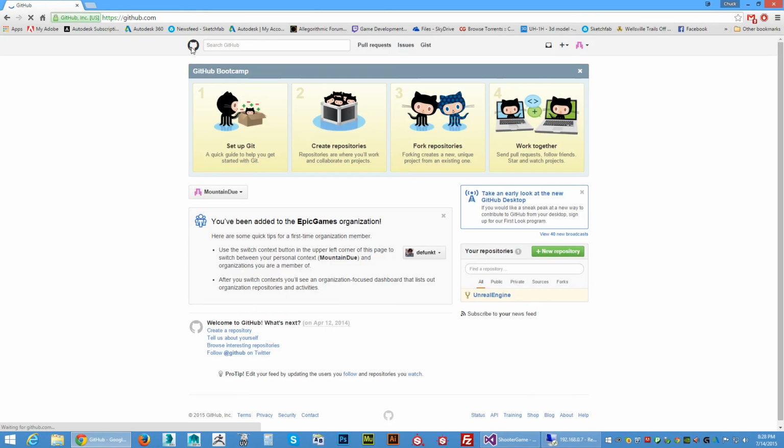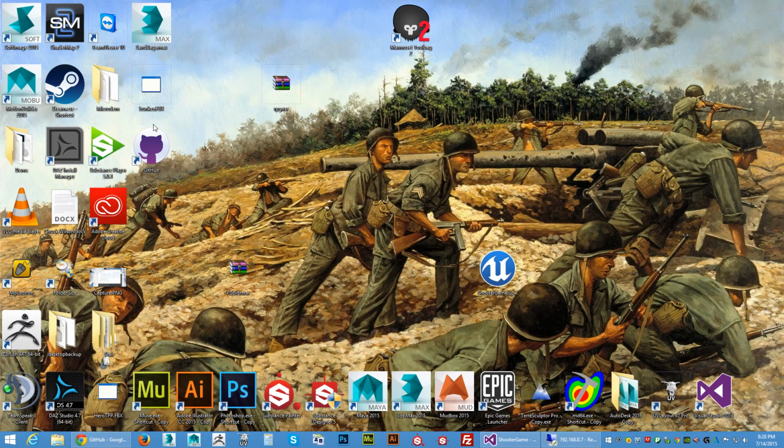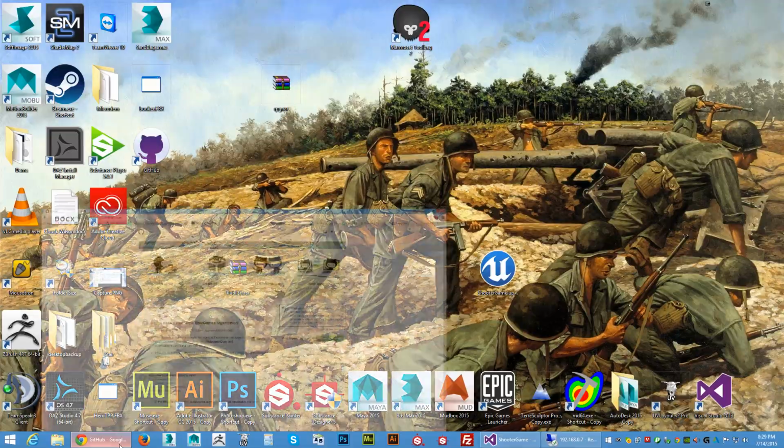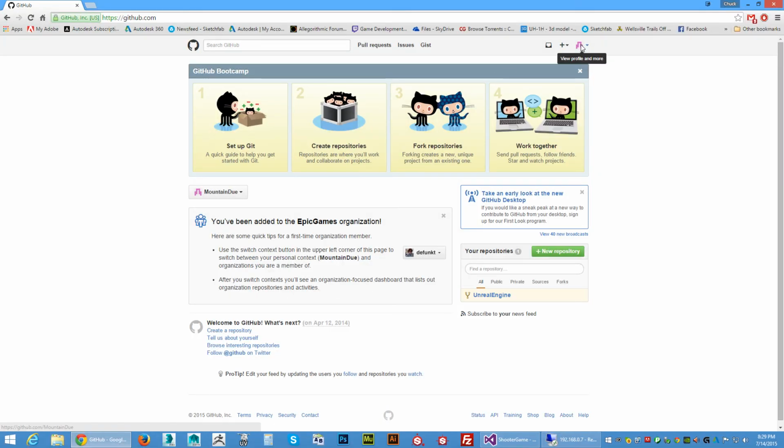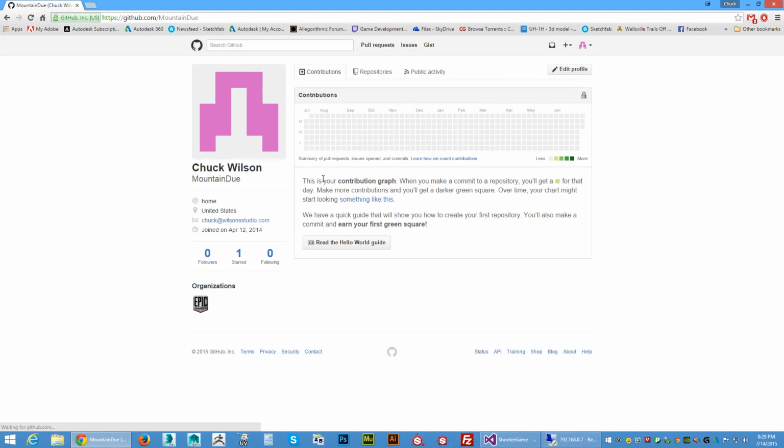I probably won't. I don't know. It's not showing up because they already know I downloaded it. But you're going to want to download it and install it, and then you're going to get an icon like this, and you want all that hooked up. And I keep screwing up here. I should have just stayed on my profile page because